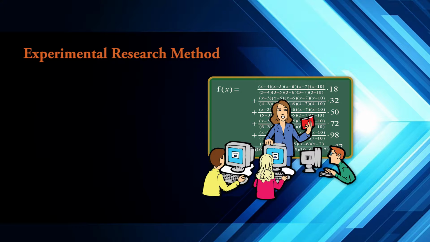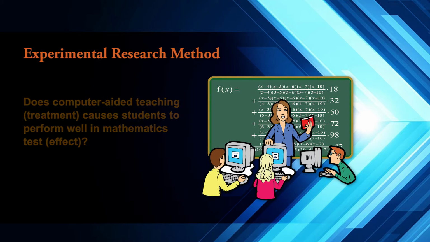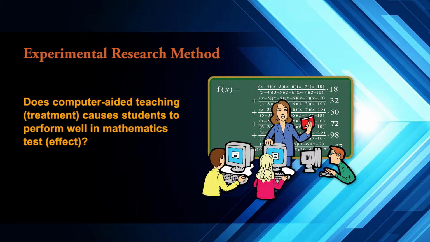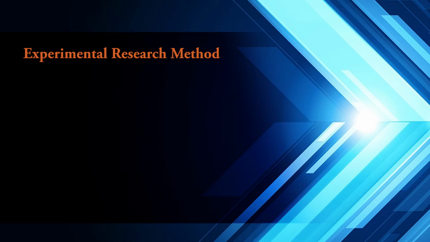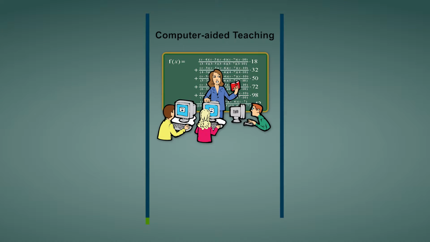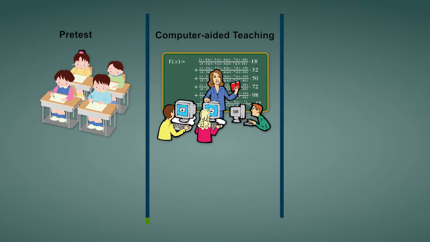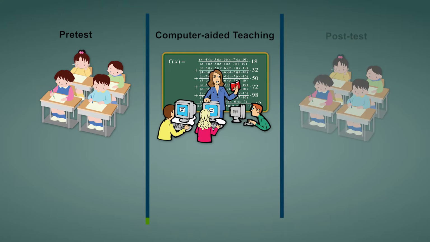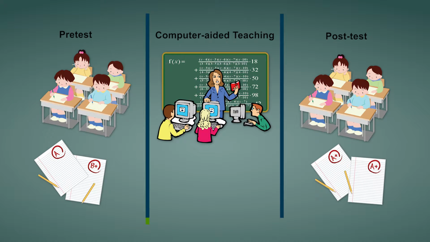The figure shows a simple experiment to determine whether the treatment or intervention computer-aided teaching, CAT, causes students to perform well in the mathematics test, which is the effect. The experiment involves administering a treatment, independent variable, such as computer-aided teaching. A pretest, dependent variable, is given before the experiment and the same test or equivalent test is given after the experiment. The differences between the pretest and the post-test mathematics scores will determine whether computer-assisted teaching improves students' performance in